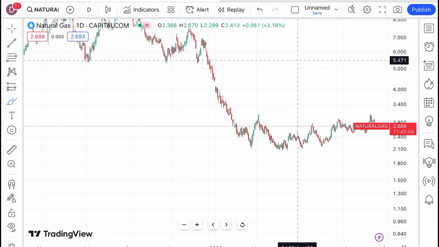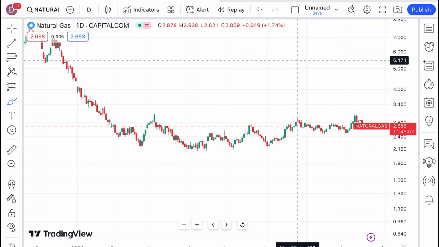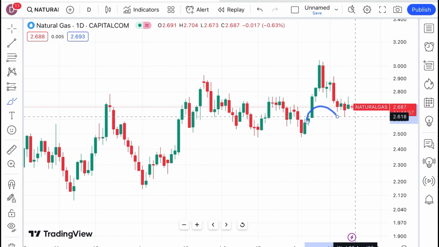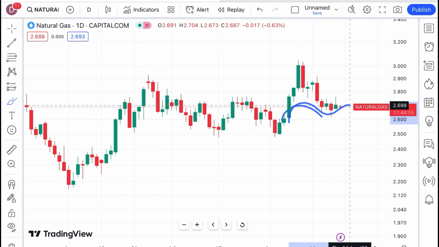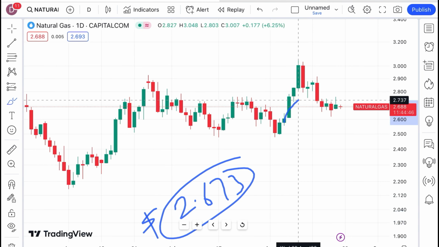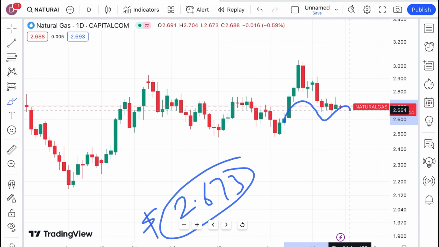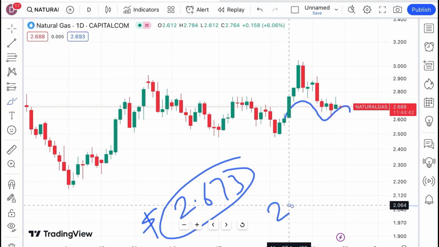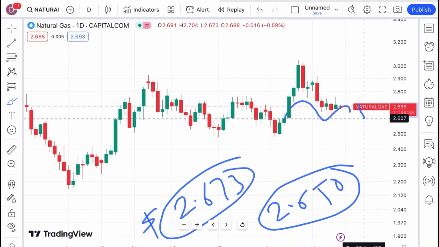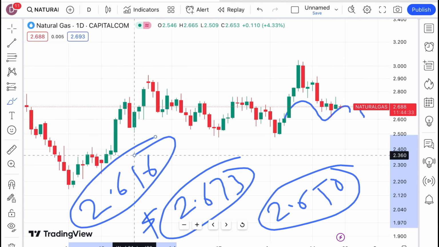Suppose the price doesn't sustain this level, and chances are very high, yes, it will not sustain, because an opposite U pattern is forming here, okay. So if the price doesn't sustain this level, we can see it will move towards a level of $2.673, okay. And then we can see it will fall further low, because that level is already being tested, so chances of going towards 2.650 are there. As soon as it moves below this level, we can see it will go towards its next strong support at a level of 2.616, okay.